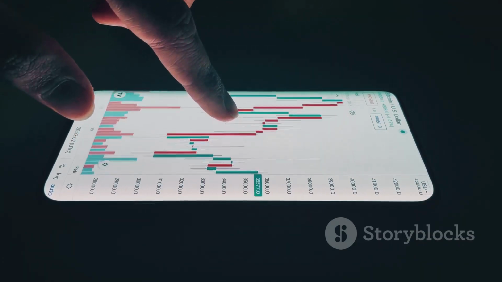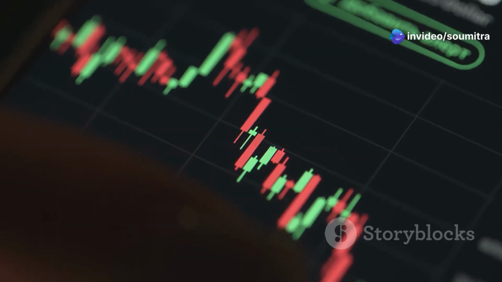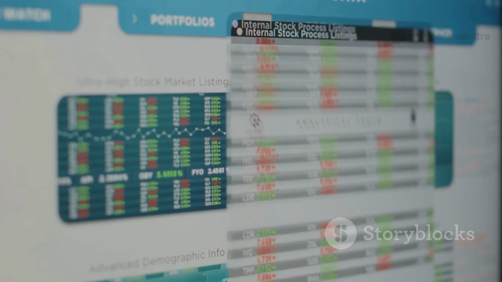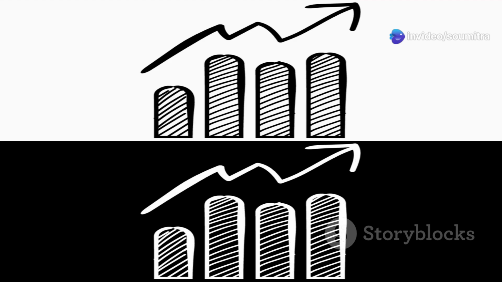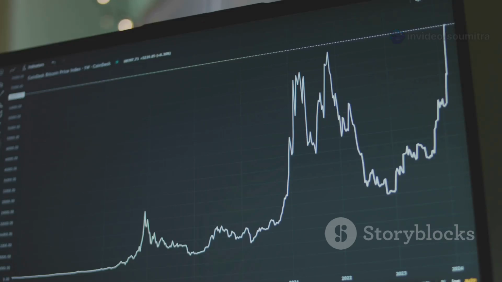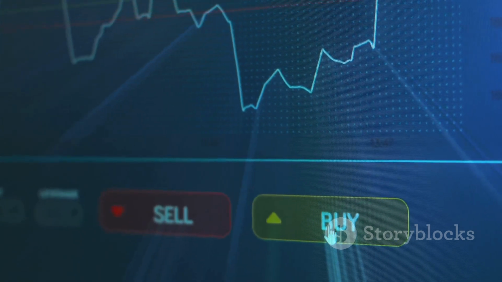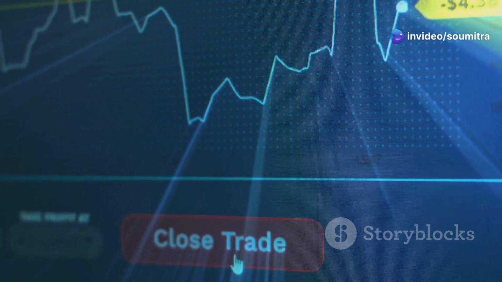Using confirmation indicators can greatly increase your winning rate. Don't rely on the pattern alone. You can combine it with other tools to confirm the signal. For example, you can use a moving average like the 20-period exponential moving average. In an uptrend, you would only take long inside bar trades that form above the 20 EMA. This ensures you are trading in the direction of the short-term momentum. You could also use an oscillator like the RSI to check for overbought or oversold conditions, especially when trading reversals